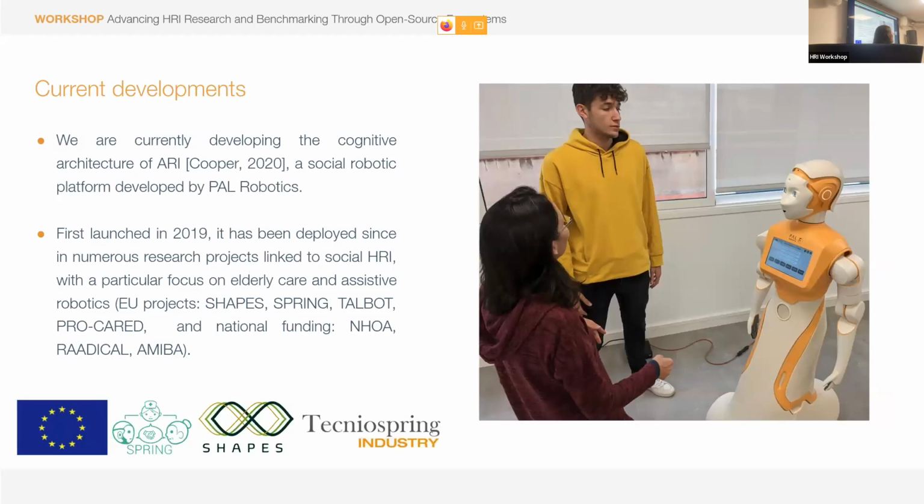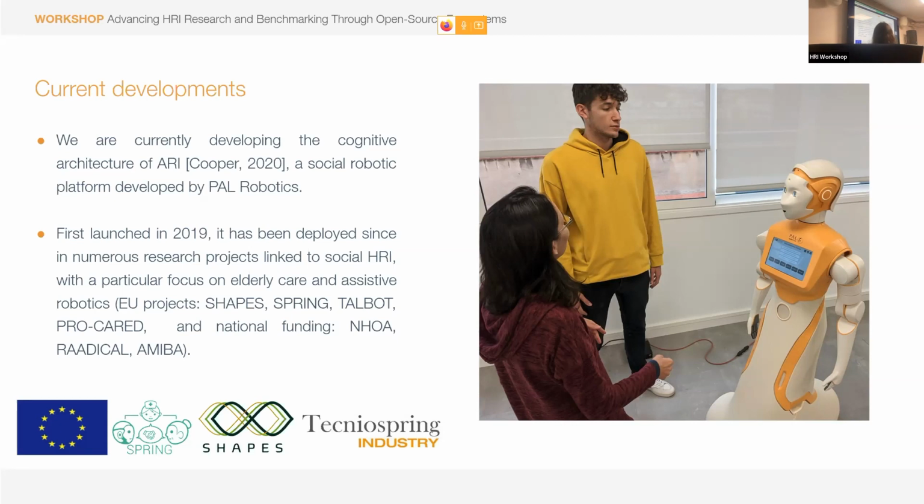So to conclude, we are currently contributing to the ROS for HRI community in this sense. From PAL, we're very interested. We have our social robot Ari over here, and Ari is being built using this framework. We really believe it is a way of standardizing practices and being able to test, because we have different robots. For anything we're developing for Ari, can we also use it in other robots at the company, or robots outside, of course, if they are based on ROS? Can we easily do this?